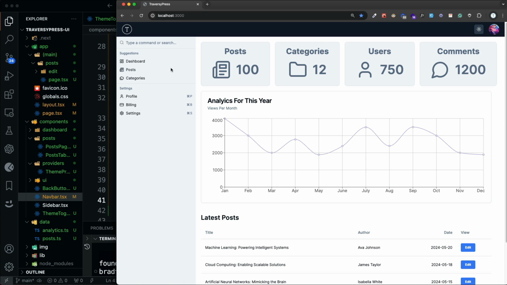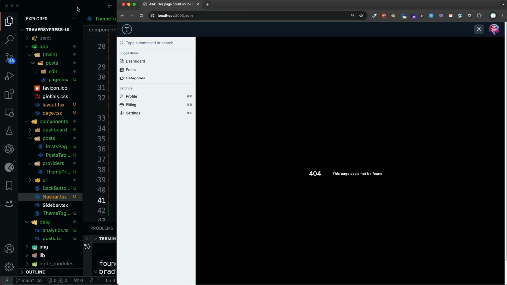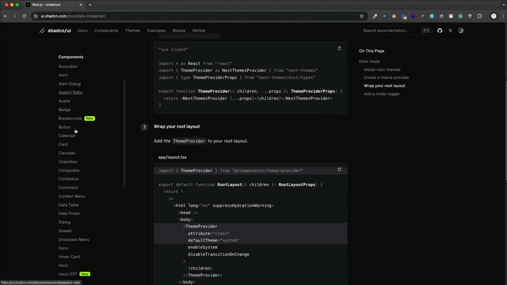Now, the last thing that I want to do is create a login page. And again, we're not using an authentication system here. We're not, well, at least in this video. But I do want to have the page. So basically, when we click log out, it takes us to /auth. And what I'd like to have here, if we go to the docs, I'd like to have some tabs, or